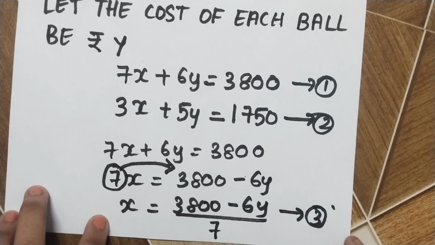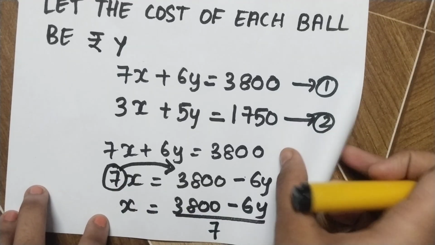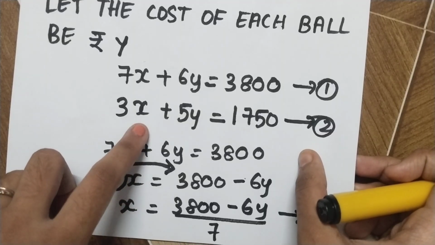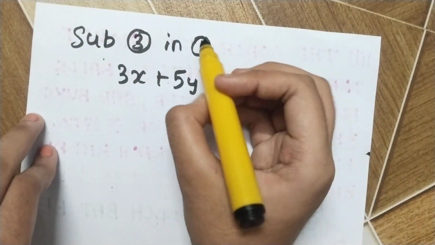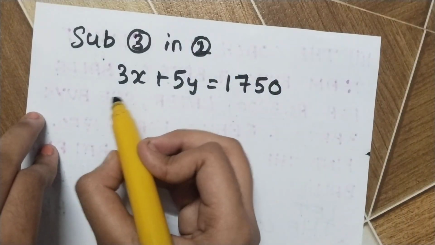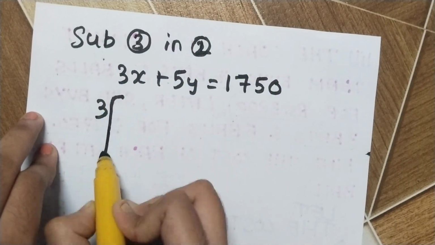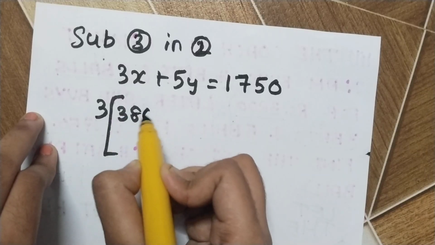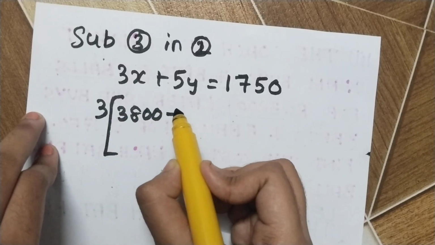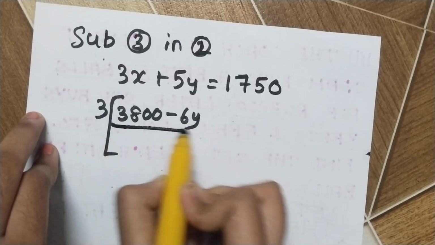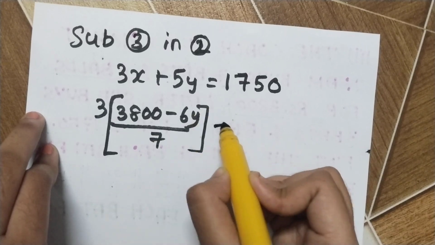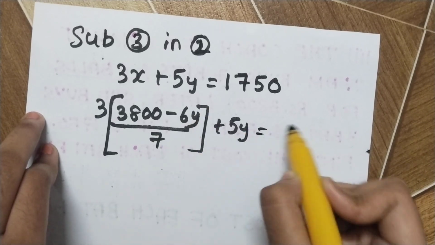So we have to substitute this third equation in second equation, in place of x, not in first equation. Clear? So it is second equation. So now instead of x, I'm going to substitute the value, which is (3800 minus 6y) by 7, plus 5y is equal to